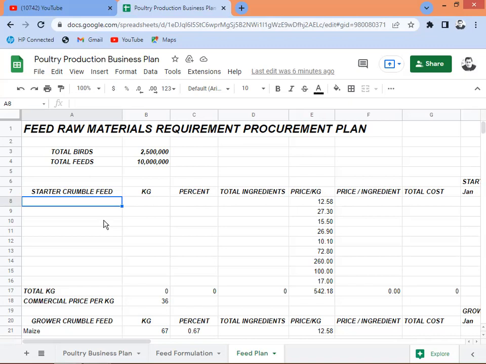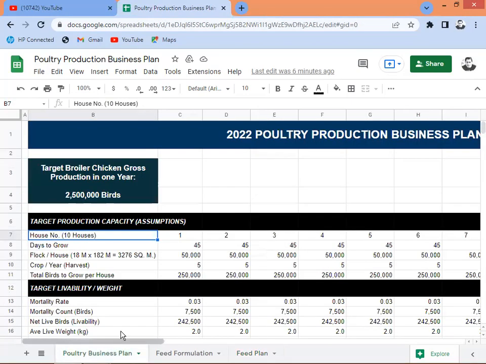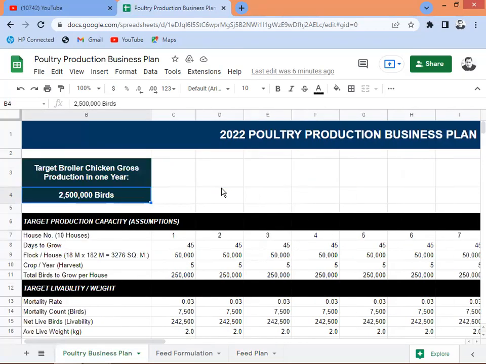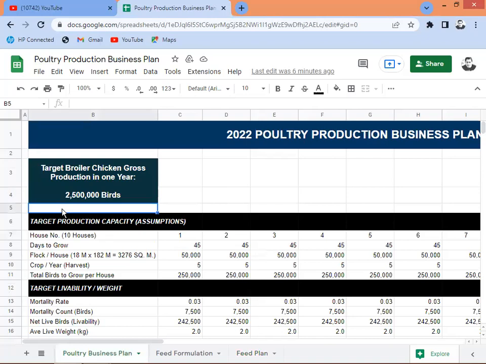This time around, I would like to give you a lesson regarding the feed raw materials requirement and procurement plan. This is based on the study or the planning that I had in my previous video regarding the poultry business plan, which I had in my first sheet right here. It's a 2022 poultry production business plan, which I said I was gonna produce